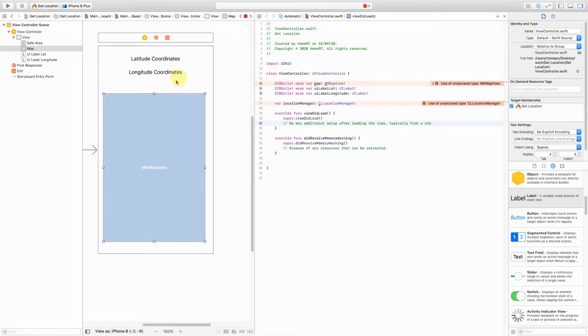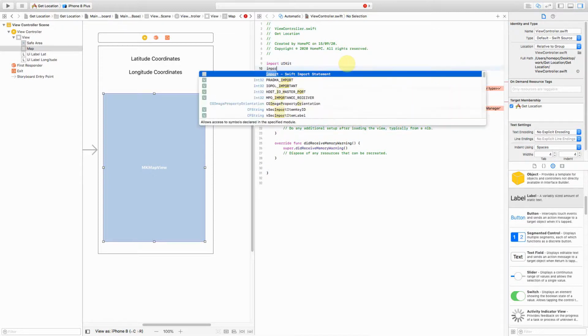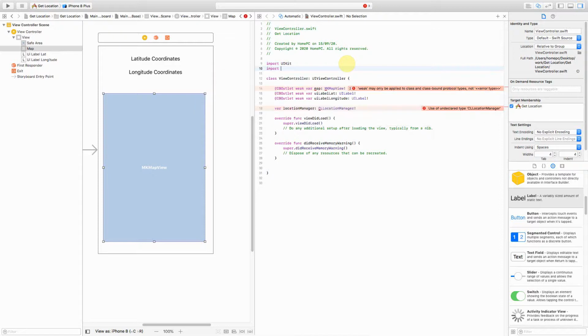Okay, I think I missed out a few steps before I get into this. Okay, there are a few errors. I think this error is because I have to import MapKit. So that's something which I think I missed out. And then the first error should go off, and also, yeah, perfect. Both the errors went off because I forgot to do this import.